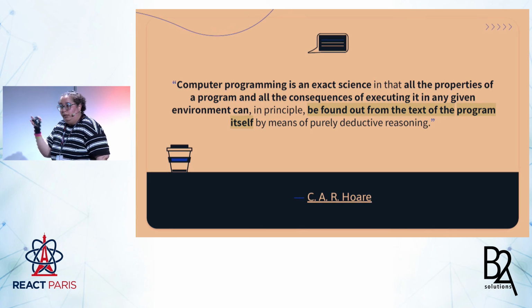We should be able to define and determine everything from the code we write. From the code we write, we can identify a metric, we can predict maintainability, we can predict performance, we can do everything since it is an exact science. It isn't 'I will try the thing until it works.' No, it is an